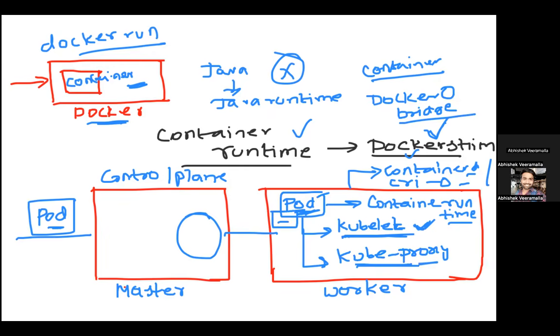So we talked about three components. One is kube-proxy, which provides networking, IP addresses, and also the default load balancing capabilities in Kubernetes. Then you have kubelet, which is actually responsible for running your application. And if your application is not running, or if your pod is not running, then kubelet informs one of the components in the control plane that, okay, something is going wrong. And finally, you have the container runtime, which actually runs your container. So these are the three components that are available on the worker node.